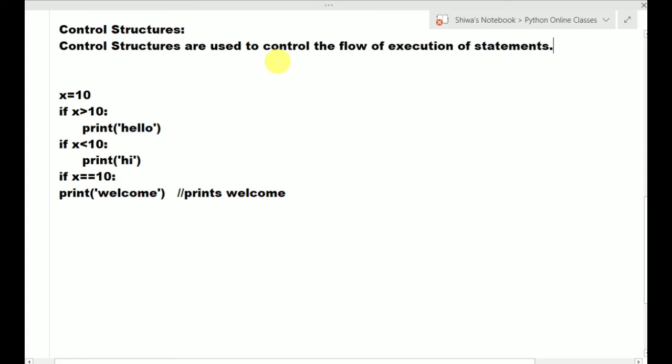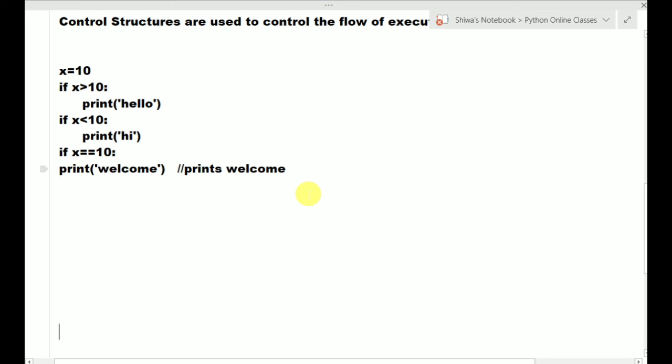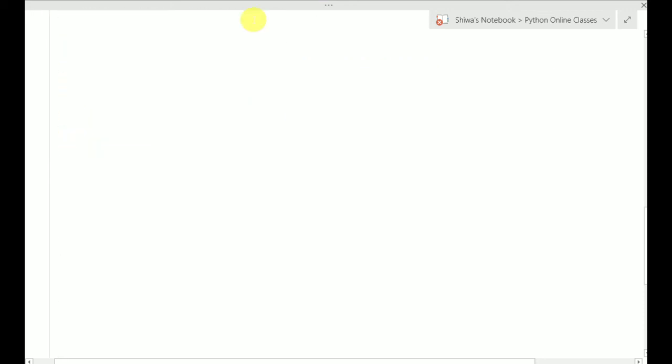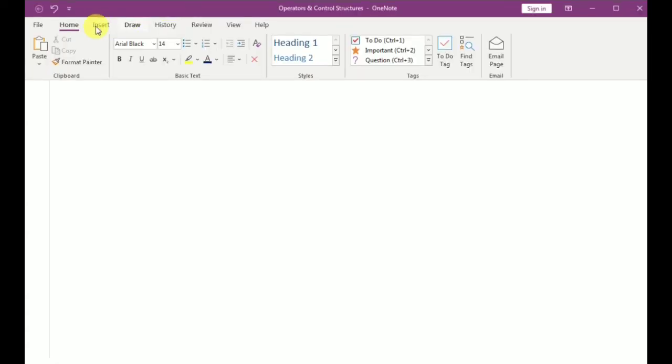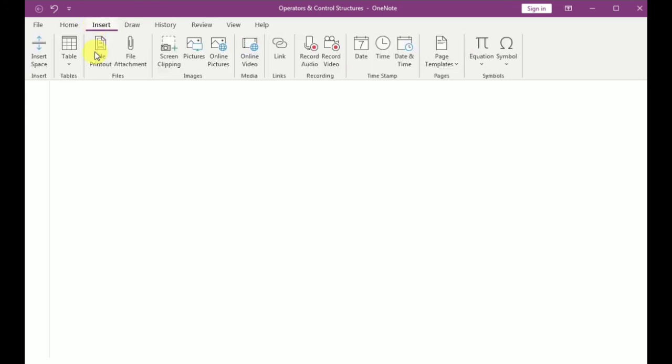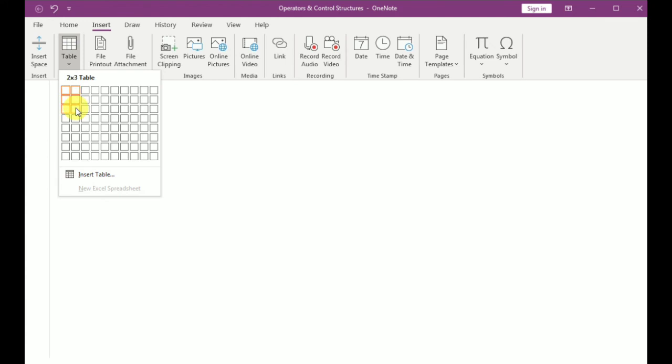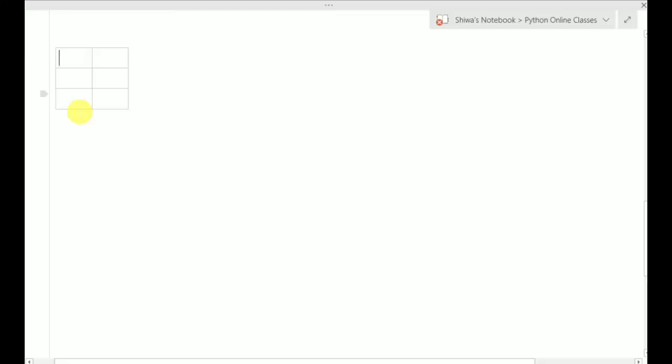Now, what are the control structures provided by Python? I am writing the list here. So now I am creating a table here. Observe. So Python provides three types of control structures.